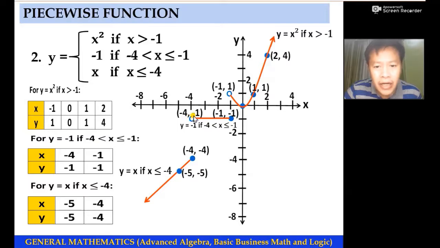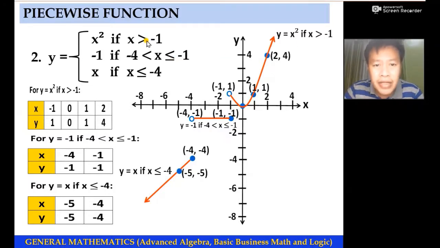This is an open circle. It means that this point is not a part of our horizontal line. If x is equal to negative 1, y is negative 1. And this is a part of our horizontal line with limited domain